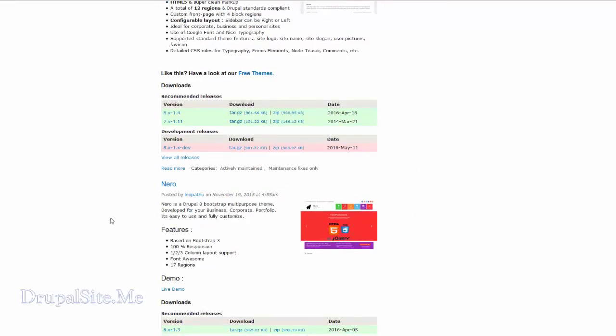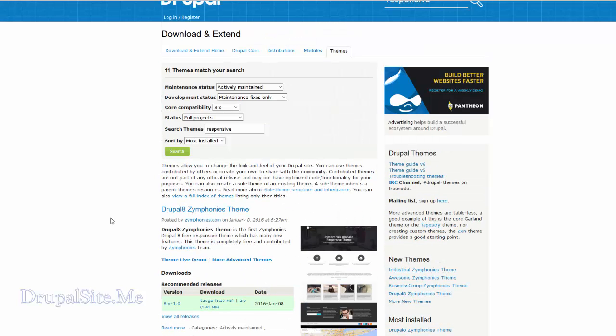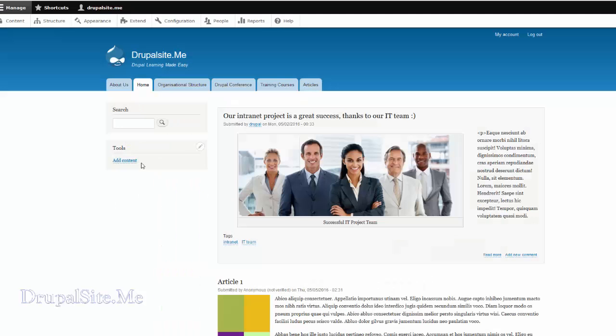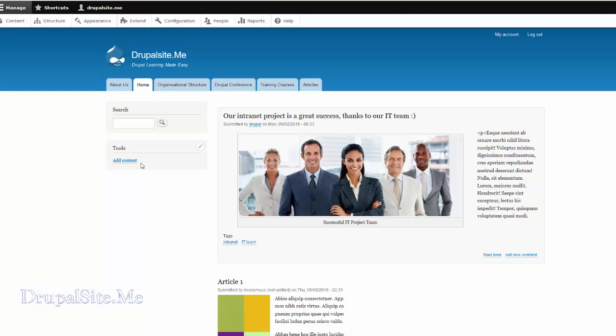Now, in this session, we discussed what Drupal themes are, their various components, and had a quick look at the official Drupal themes download page. Okay, that is this one. In the next session, we'll be choosing one of these themes and installing it on our site and making some adjustments. To make those adjustments, there are no programming skills needed, okay? So don't worry about it.